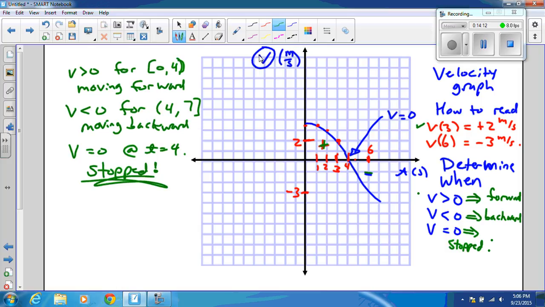Stopped in the name of physics. Okay. So what about slope then? Is slope at all interesting to us? Let me erase some of my marks here, and we can talk about the slope